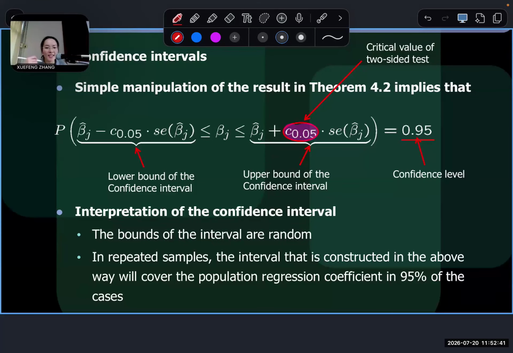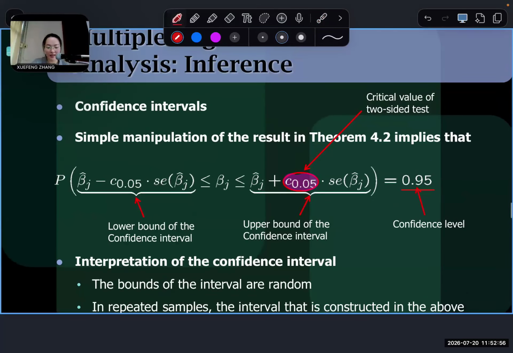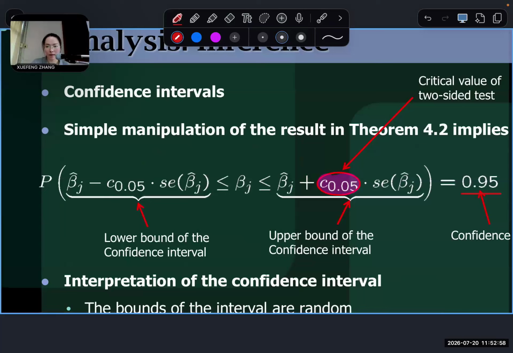So instead of testing one specific value, a confidence interval gives us a whole range of plausible values for beta j. Let me write it down. Confidence intervals give us